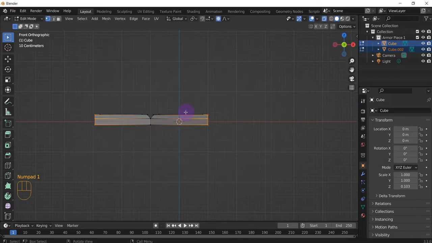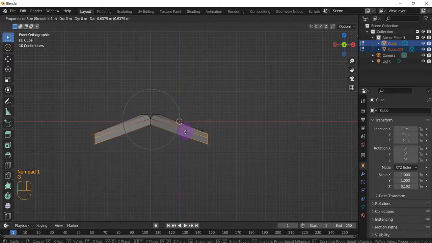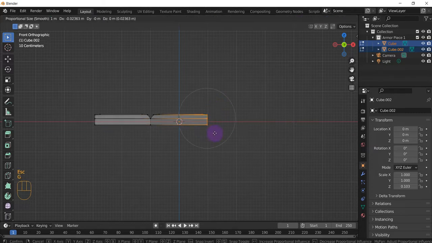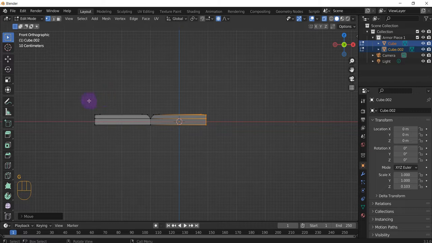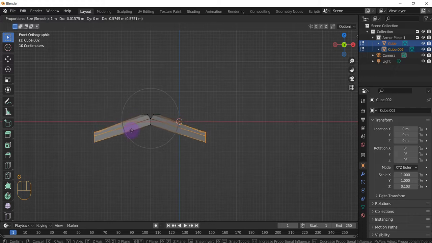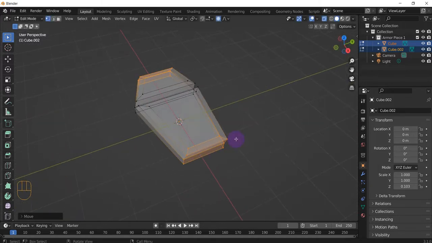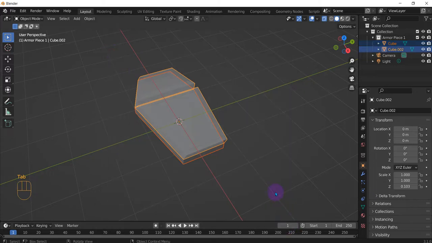Actually, that's 1 G. Oh, it's because this one's a little further. Okay. G. Alright, cool. So now these two should be good. Alright, so G, go down like this. Alright, so then we're scaling like that, and then we can just Tab, select these two again,